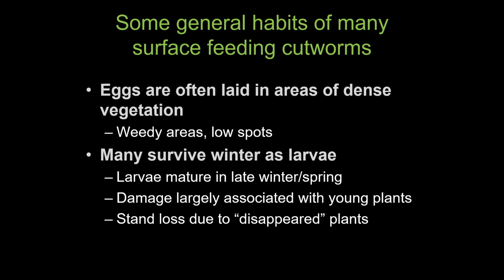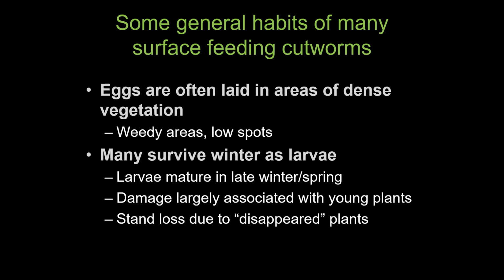Now, general habits of the ones that are attacking young plants are that they're going to be laying eggs in areas of dense vegetation, and they'll often be doing this in fall, but not always. So weedy areas, you had a weedy garden, or low spots, might have some different kind of rank vegetation. These are areas where you tend to have egg laying concentrated,